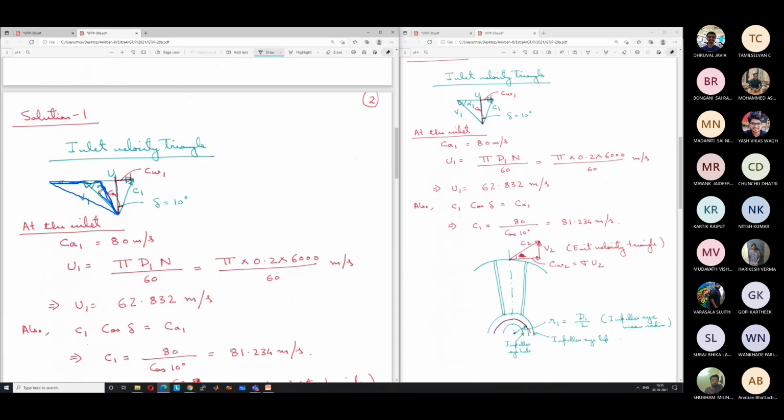There is an advantage also. CW1 will be negative. It means that the pressure increase will be higher because this part will also get added. But there is no point in getting more pressure if the efficiency is lower. This will decrease the efficiency drastically. So ultimately, you want the best efficiency, right? You can increase the number of stages. Efficiency is what determines the amount of fuel that is required. So efficiency will be lower.